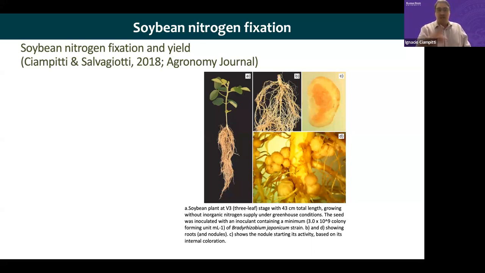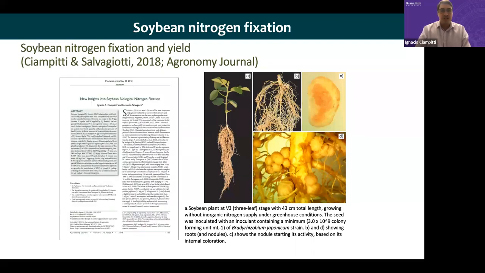And as I mentioned before, here are some pictures from the many studies that we conducted. This was one in the greenhouse. So you get to see in a zoom view soybean roots, and then within the soybean roots, you get to see the nodules. And then in a sectional cut, you will see these pink colors, and usually they show that the nodules are more functional.